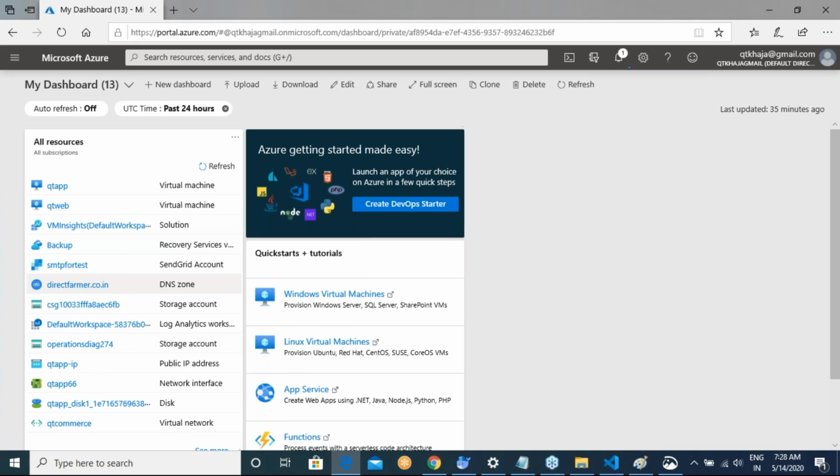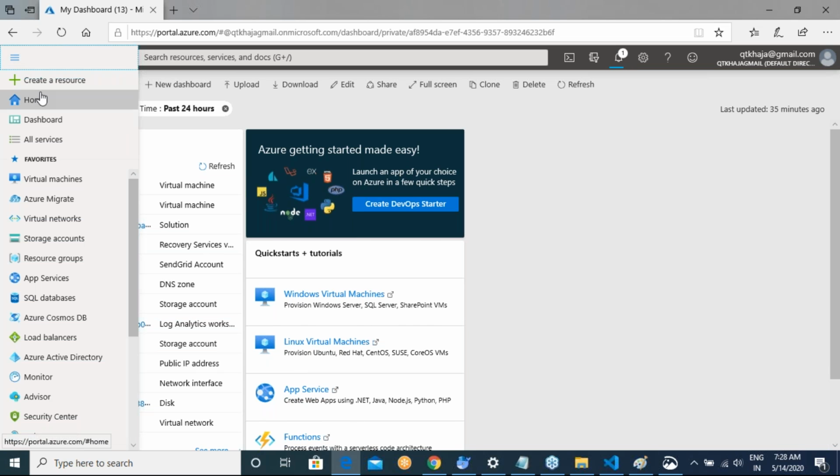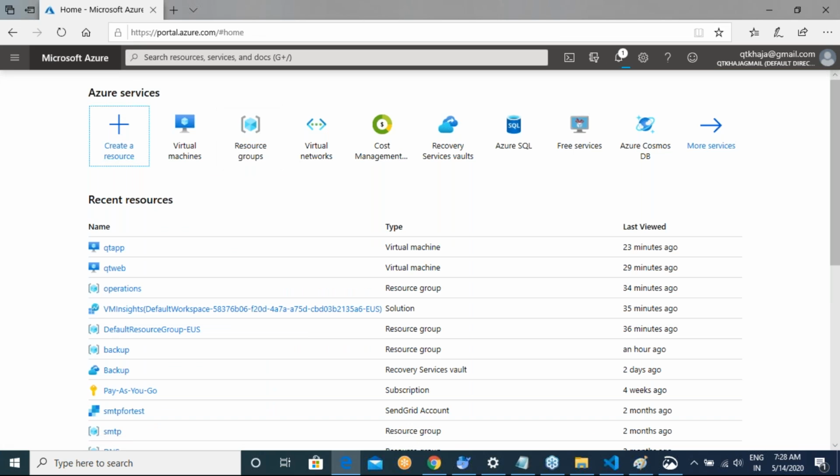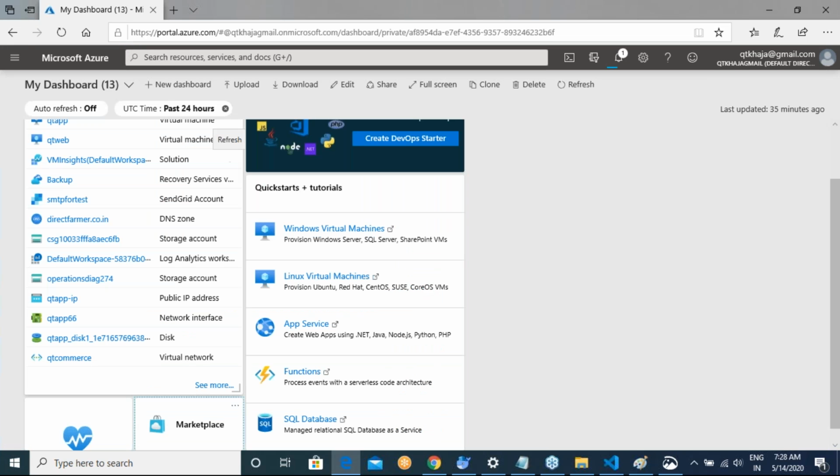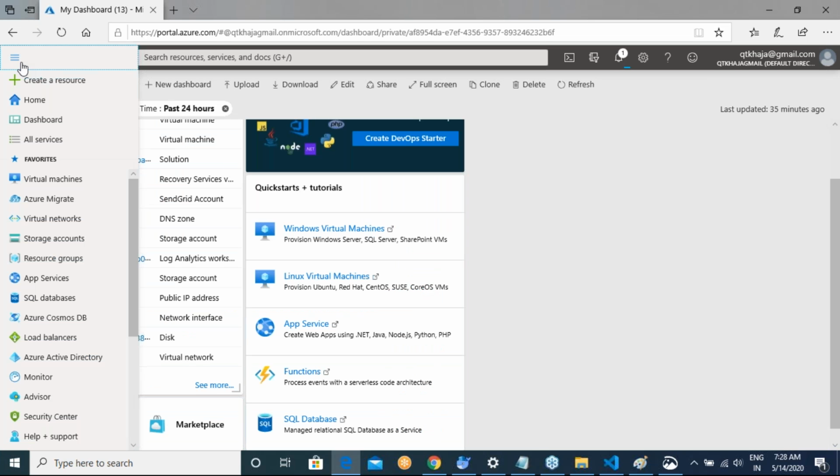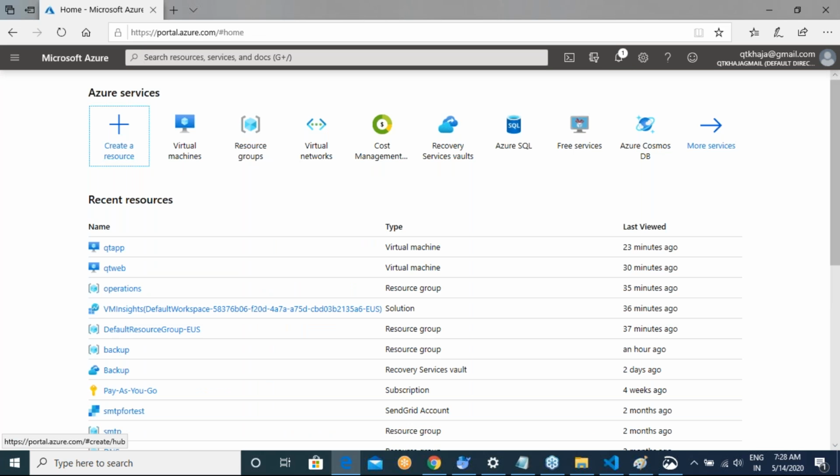But still there are some people who still use this dashboard. So we generally start with the home section, but there are some people who rely on the dashboard. So whatever graphs you have, you can pin to this dashboard also. And later on the dashboard can be shared onto any monitor which you have in your organization and all of that stuff.